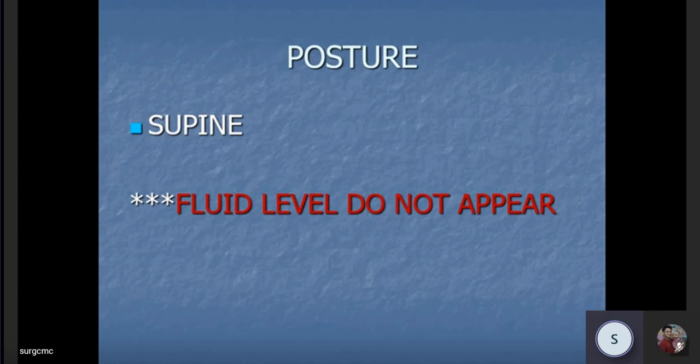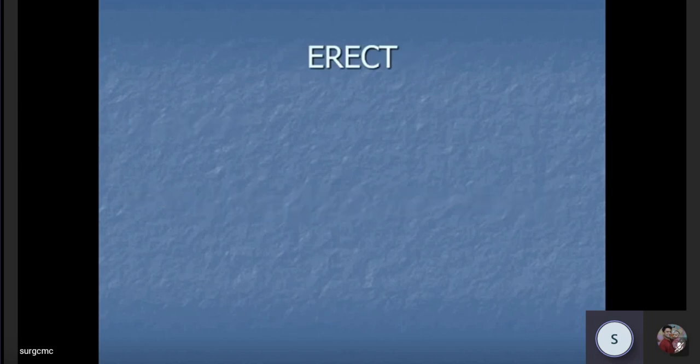Posture, as I told, in a supine posture. Now think you are taking a plate of a patient lying supine, your machine is on top of the patient and your plate is behind the patient. So whatever X-rays you take, if there is any sort of fluid within any of the patient's body cavities, say the thoracic cavity or the abdominal cavity, you won't get the fluid level because fluids tend to go down. In a supine posture, the total vertical height of the body is not much, so you cannot get a proper fluid level in a supine patient. I will tell you why in a different X-ray later on.